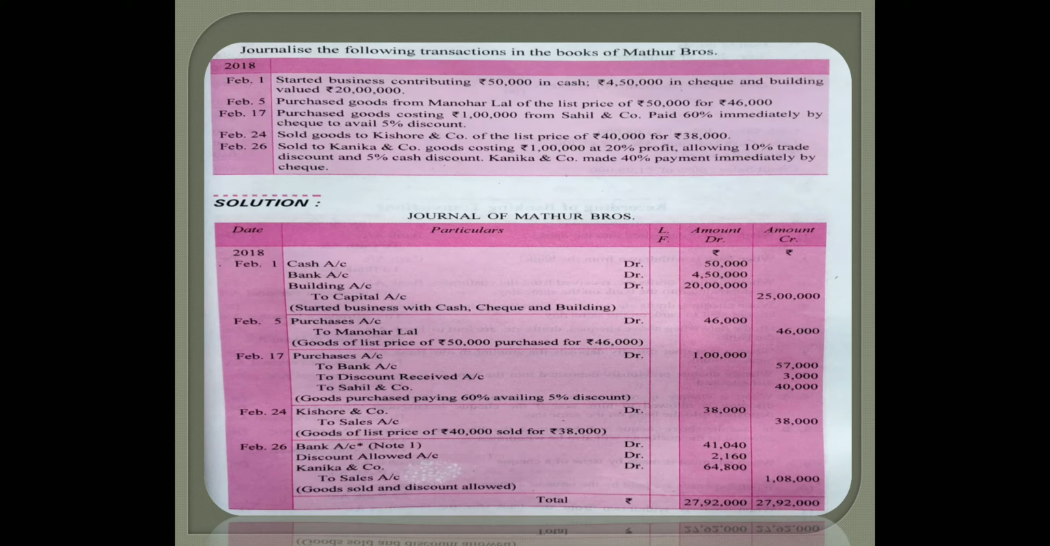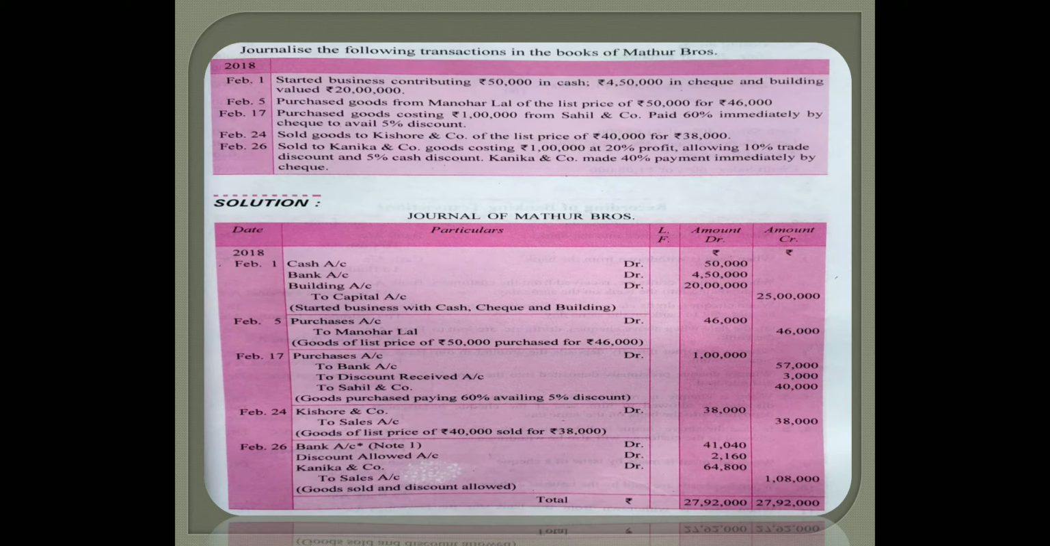And from Sahil and Company, 60% immediately paid by check to avail 5% discount, so we will write to bank 57,000 and to discount received 3,000. From where this 3,000 comes, we will see. The amount of goods purchased is 1 lakh and 60% he paid immediately. So we will calculate 60% of 1 lakh. The amount will come